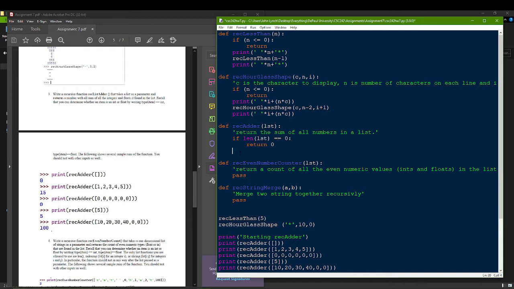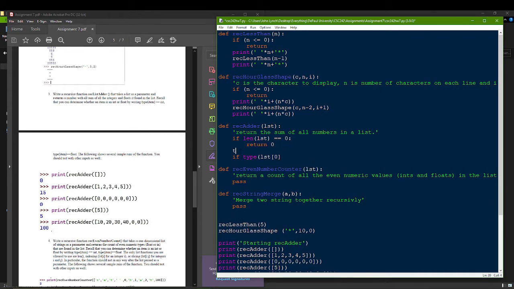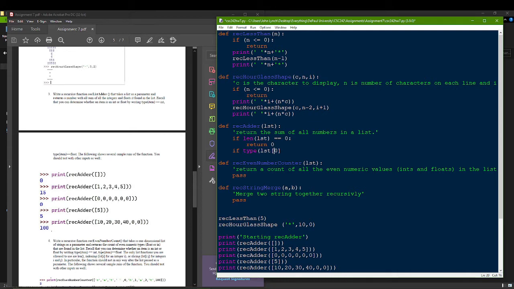Now what we want to do here is use these two types of logic with type of item and then type of item of float. And item in this scenario isn't going to be item like so. It will actually be called list of 0. Now we can also technically do item is equal to list of 0, but it's easier to just do it this way. Now if my type of list of 0 is an integer, or my type of list of 0 is a float,